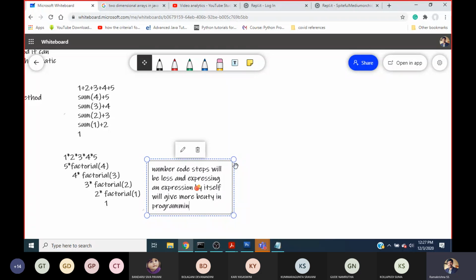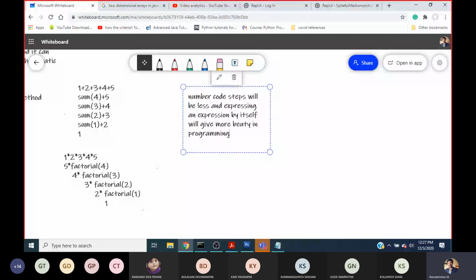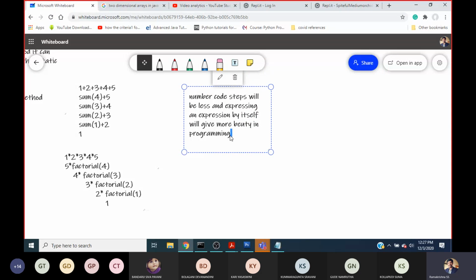So if you are able to express any content in the same name, in the same expression, then that will be more legible or more impressive coding, right? But the problem with this is, the advantage is fewer steps, but the disadvantage is when compared to iteration statements,